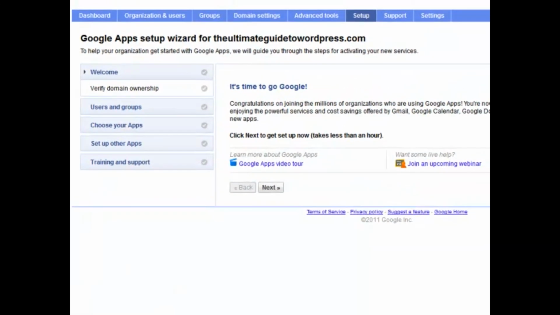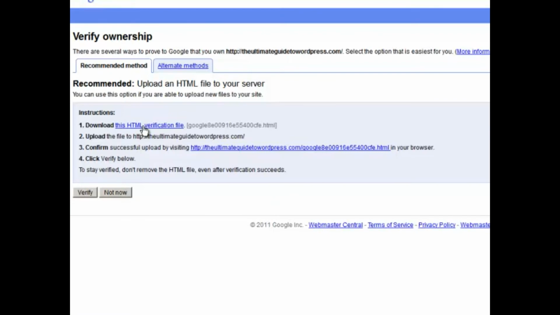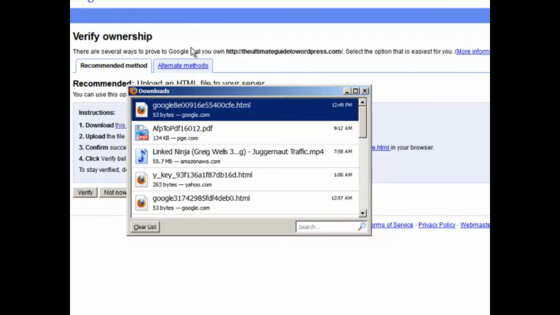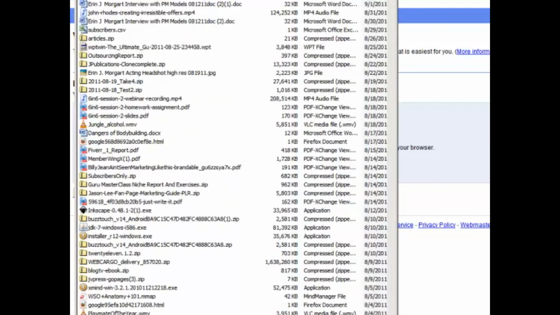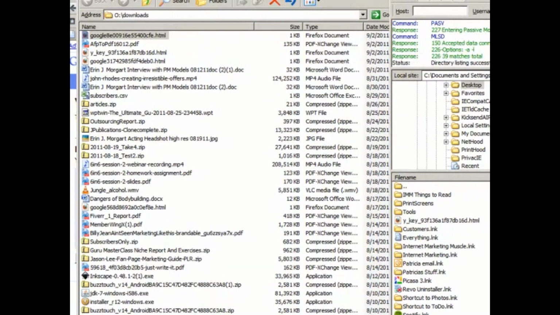Okay, now the next thing you want to do is verify domain ownership. And the way you do that is by clicking Next and Next, and you want to download this file, and you want to go find that file, and you want to go to your domain,